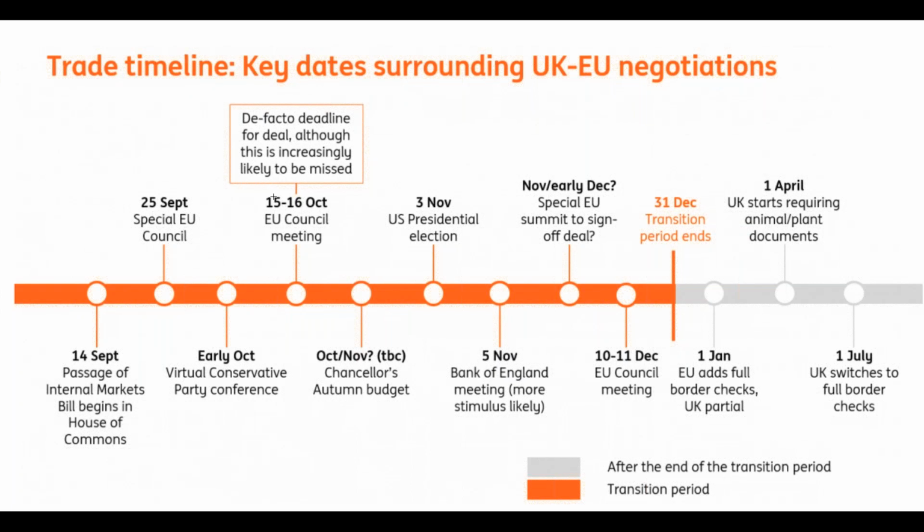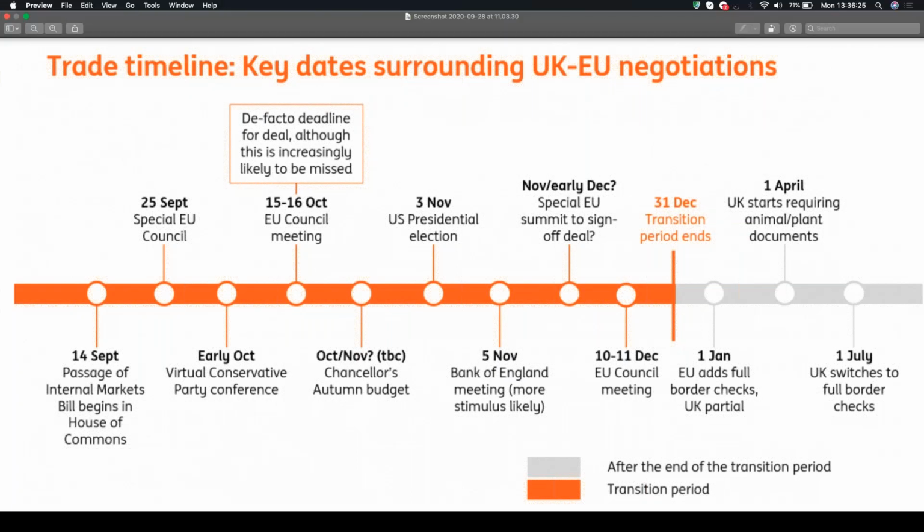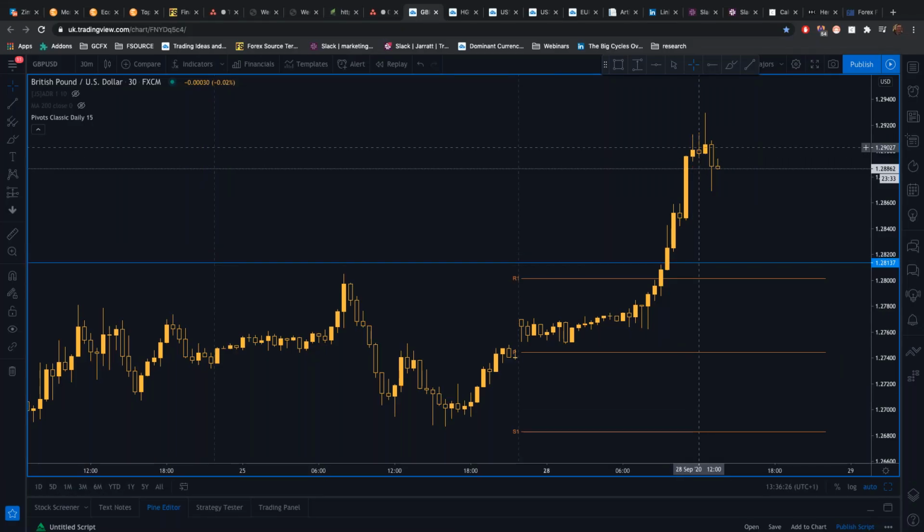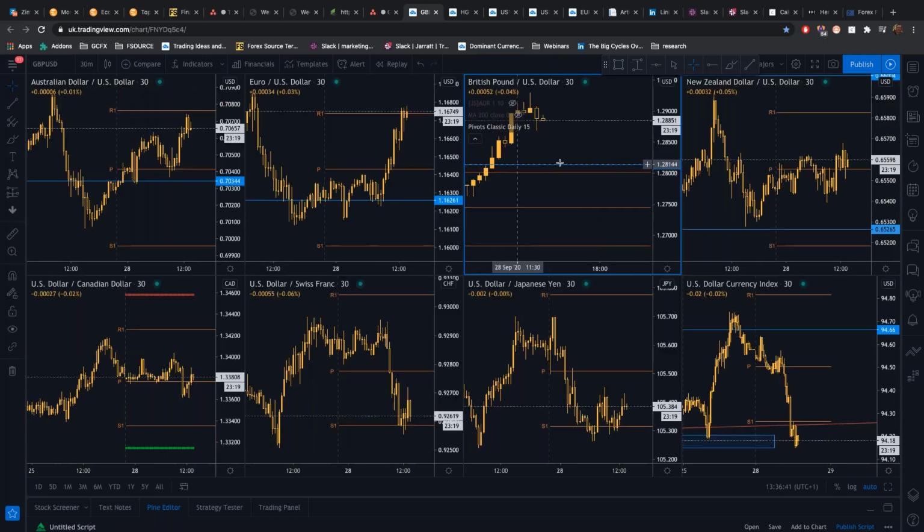for this 15th to 16th of October EU Council meeting. Now, the chances of this happening are slim, but the market's sort of holding on to that hope after some positive comments from a Brexit negotiator, Frost, here in the UK. So that's a story that's likely to have ebbs and flows. The present pound strength has been on that optimism, but expect lots of ups and downs in the pound on Brexit headlines. So do bear that in mind with the pound. That's why we're seeing the pound upside at the moment.